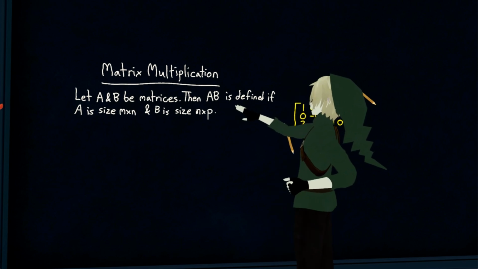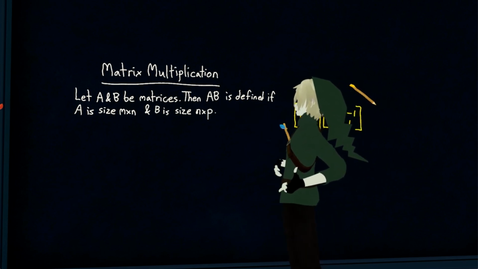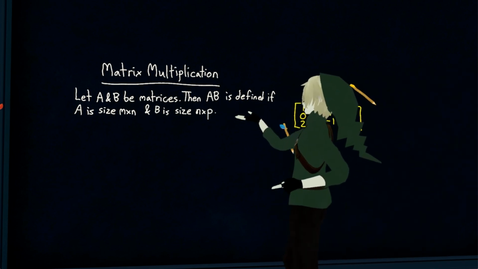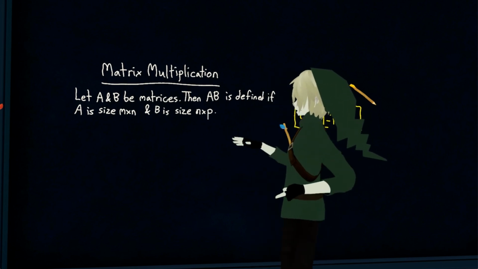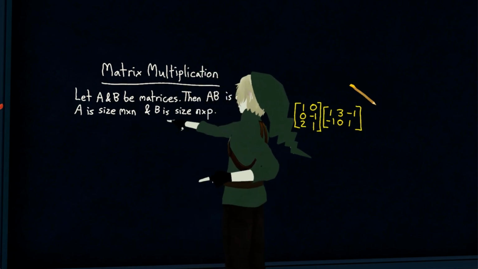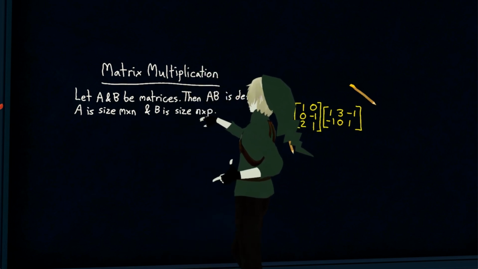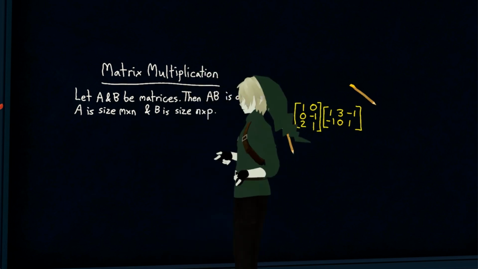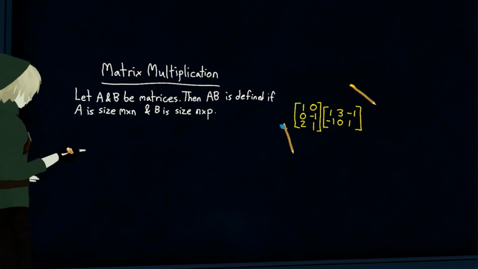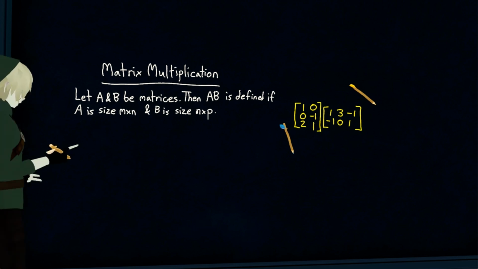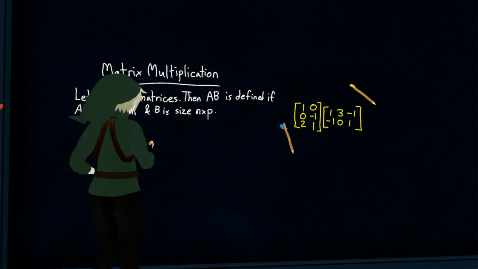If we multiply A and B, it is only defined, meaning that it has an answer, if the sizes are like this: an m by n and an n by p. Okay, and let me tell you why. The reason is we have to remember that in matrices,